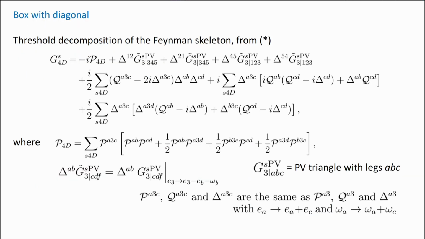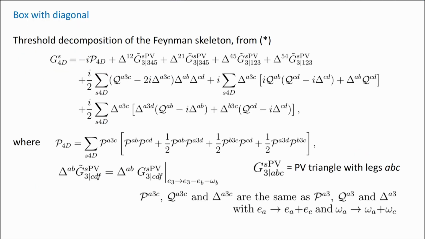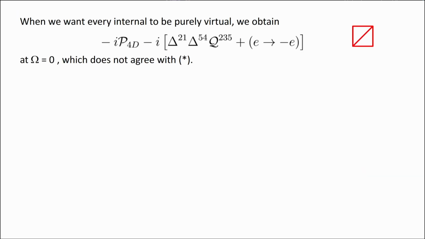The other case we consider is non-trivial, and it is a box with diagonal, because it can happen in these kinds of diagrams. So it's a typical 2-loop diagram. It's the first and only non-trivial 2-loop diagram you can build with 4 vertices at most. Now, from the previous paper, this has a complicated threshold decomposition. I do not want to get into details, but I just want to tell you that if you have every internal leg to be removed, then you find this result,